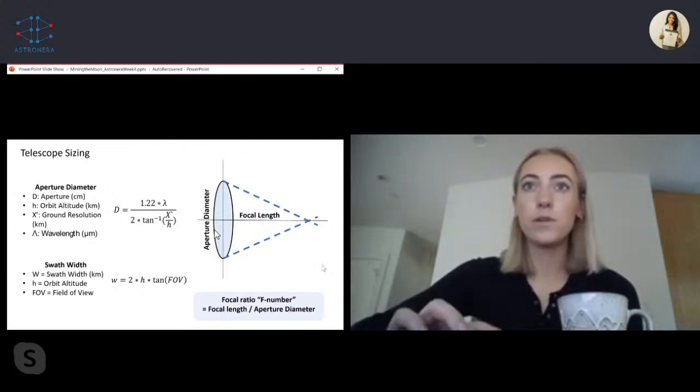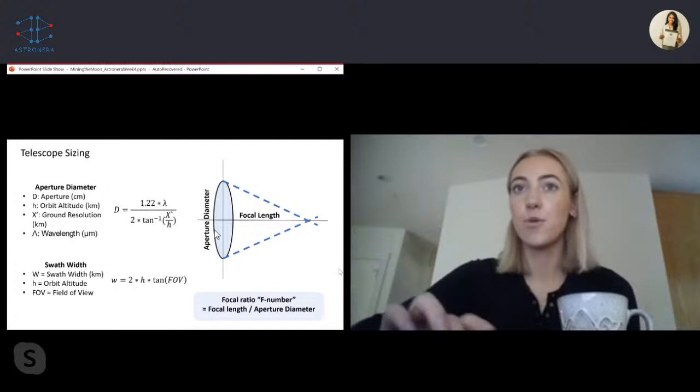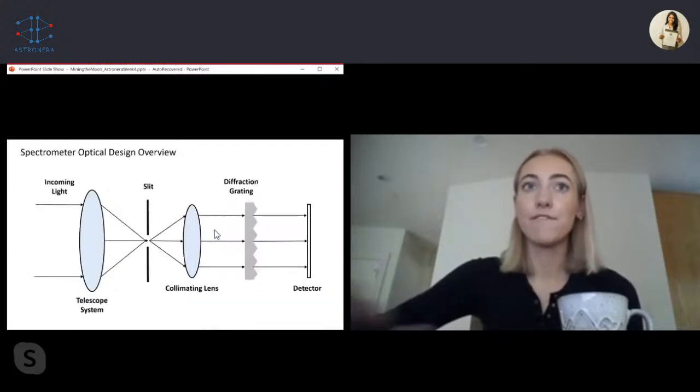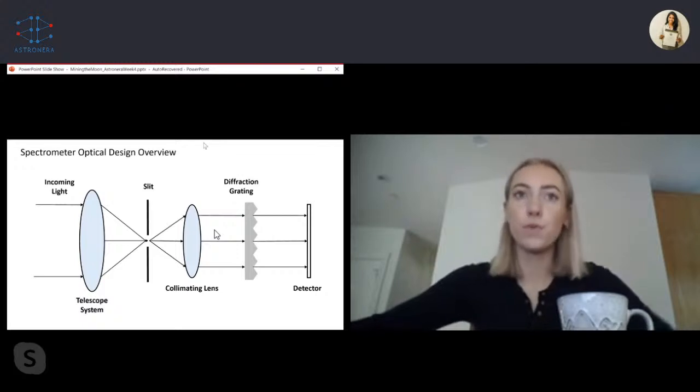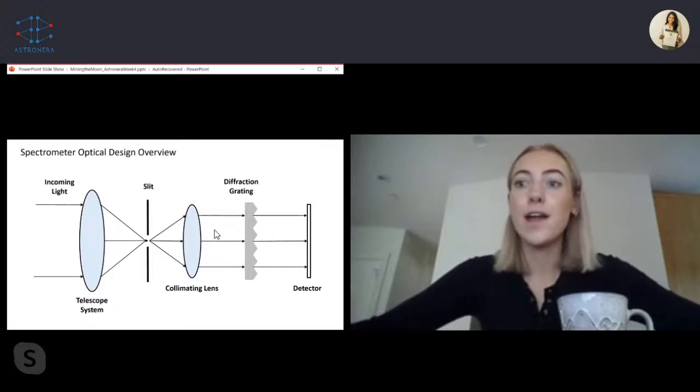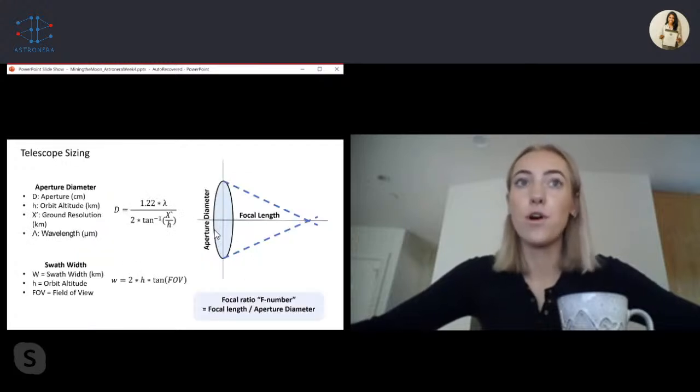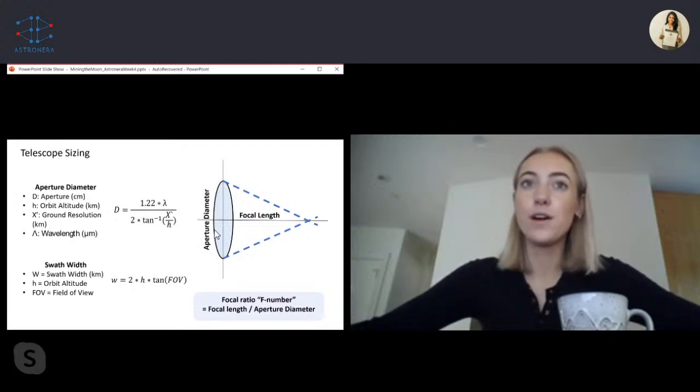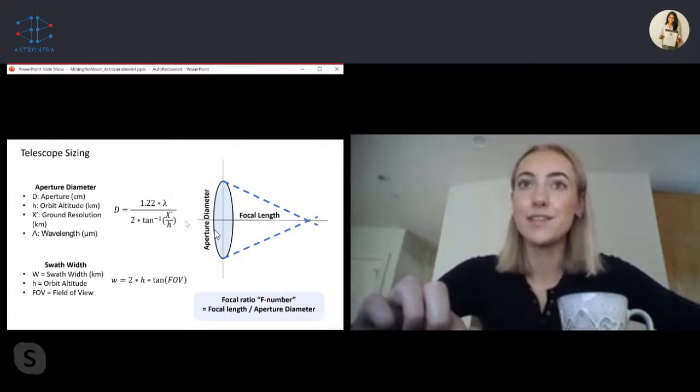So now a little bit into sizing of the telescope, and this again is that first portion of the spectrometer that's just focusing and collecting the light, which is important for how much light you're initially taking and what fields of view you're looking at overall. For this project that I was working on, figuring out how big the telescopes were was important to figuring out the resolution that we wanted of the lunar surface. So to be able to size the aperture diameters, which is this distance all the way across the entrance of the telescope,